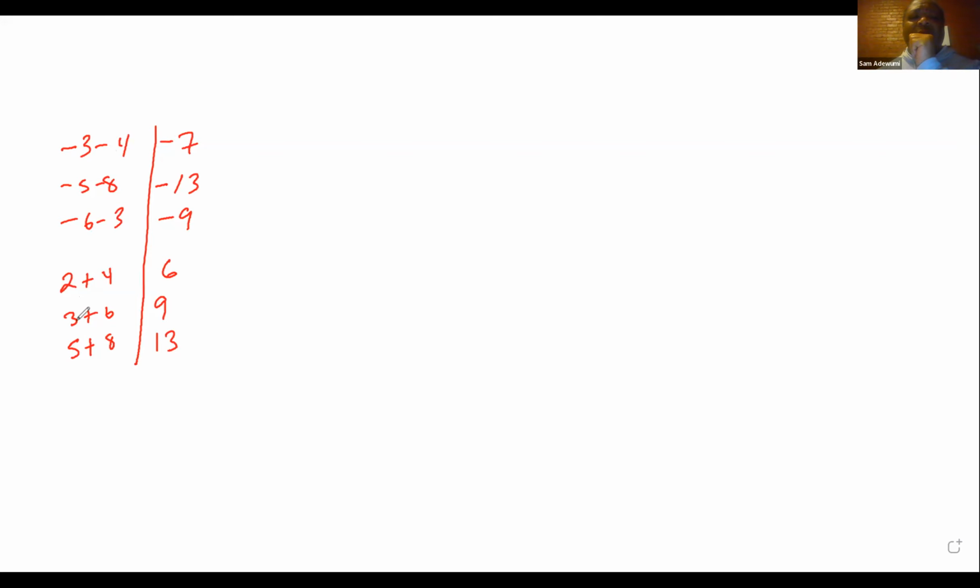Now, let's look at down here. Same situation. So positive, positive, positive, positive, positive, positive. I added each of them and I kept the same sign. So if I was to write a rule for this,